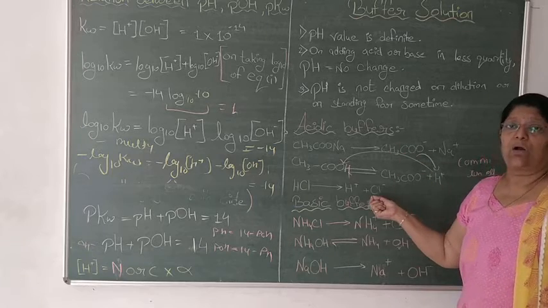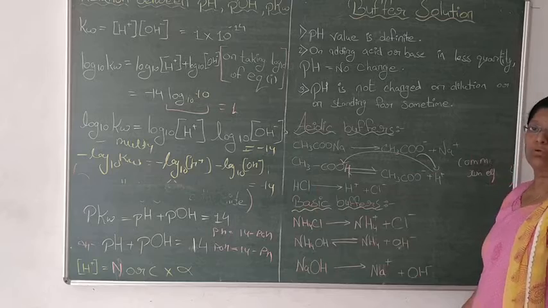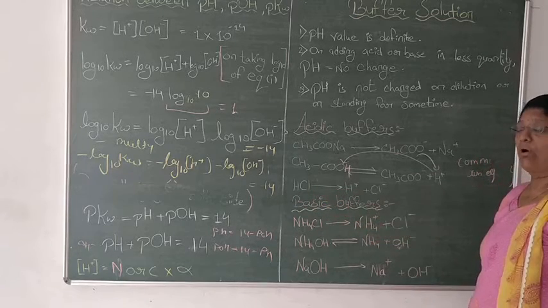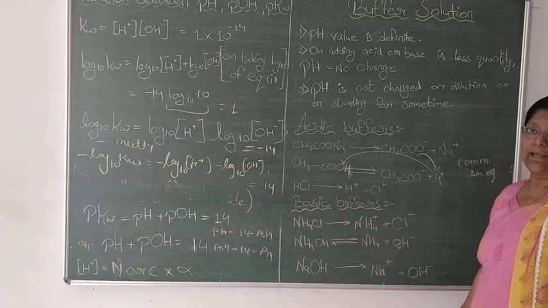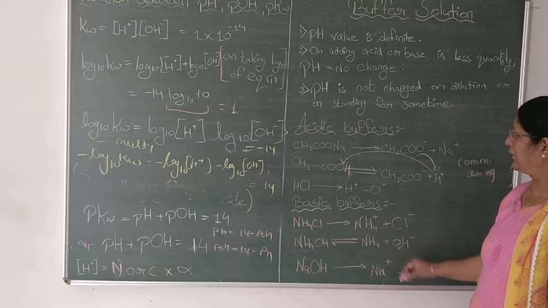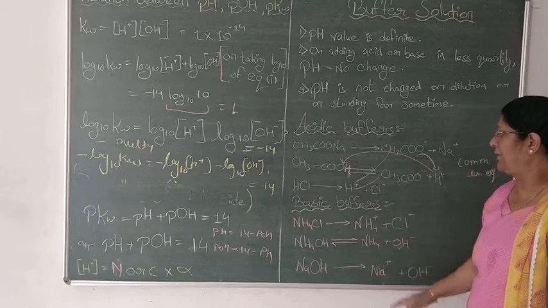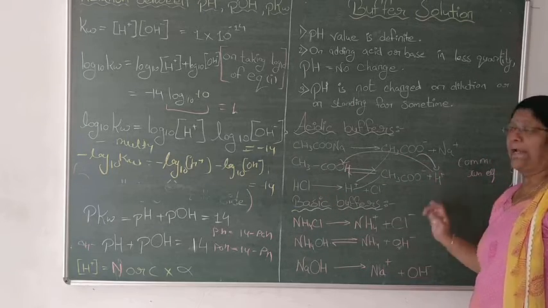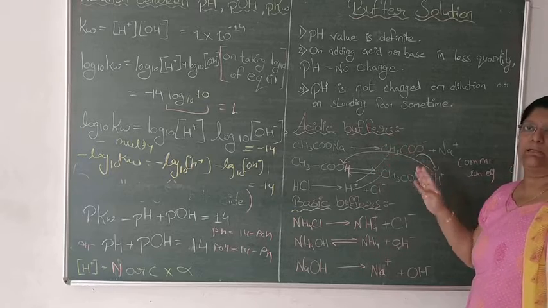To check whether this is possible or not, we add some amount of a strong acid like HCl. The dissociation of a strong acid is an irreversible reaction, so many more hydrogen ions are dissociated. All the hydrogen ions are attacked by the acetate ion and again converted into acetic acid. So no more hydrogen ions will increase in the solution. That's why this is known as an acidic buffer.